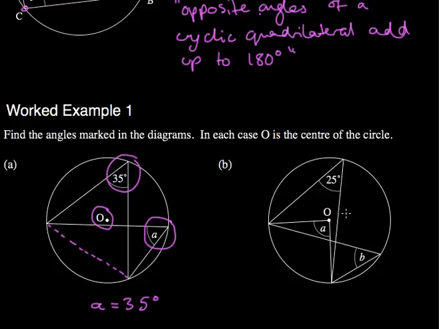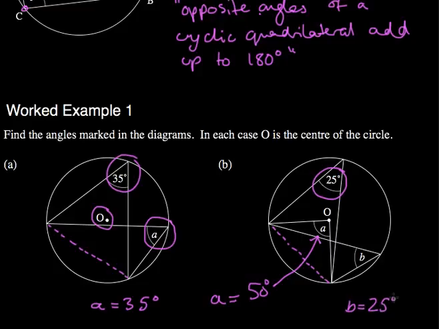In B, we can see our Star Trek lopsided a little bit. If that's 25 degrees, then A is 50 degrees. And B, for the same reason that I mentioned in part A, that subtends from the same invisible dotted line. So B must be 25 degrees. Okay,